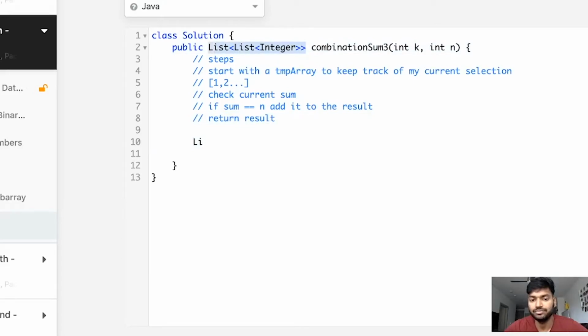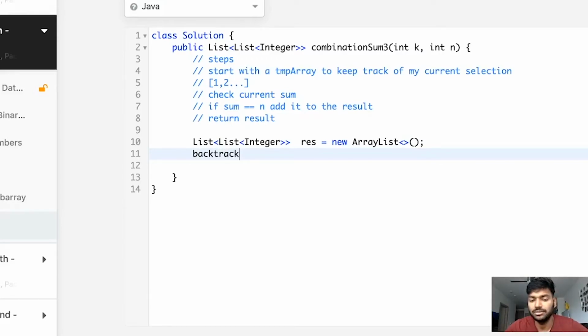So let me just declare a result array first. Then you want to call your backtrack function, right? And start it with 1, because those are the numbers you want to do, 1 to 9, so that's why I want to start with 1.